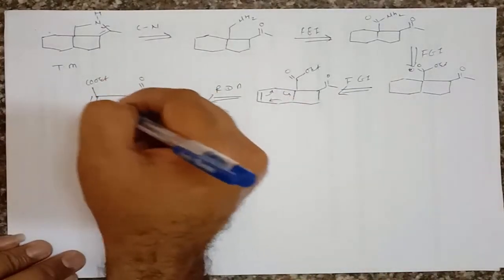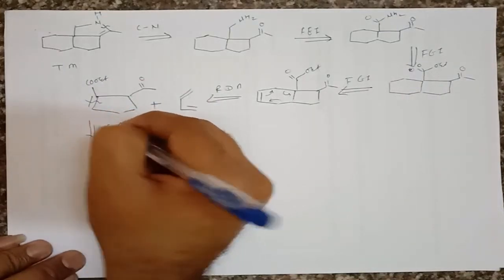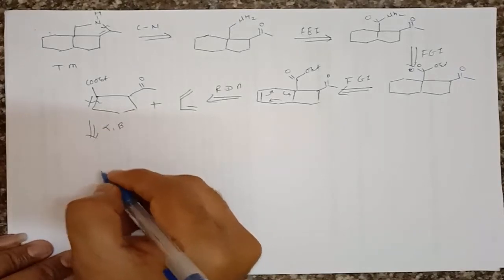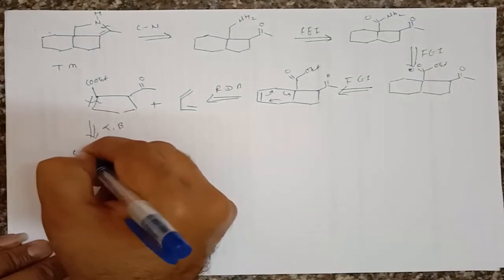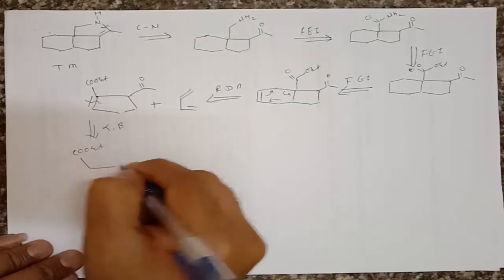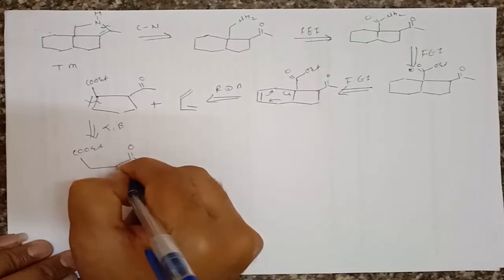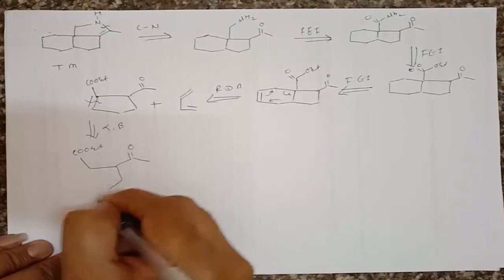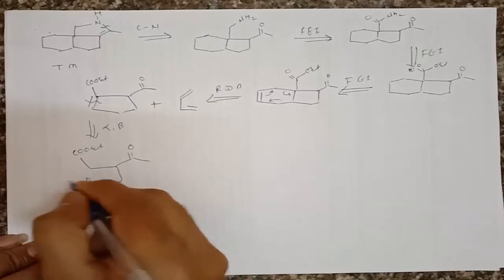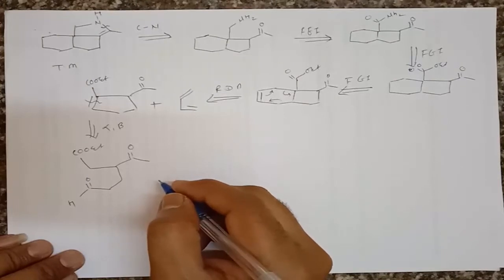Now it is an alpha beta unsaturated system, so therefore we can break this molecule at this position, and from one side we can take an aldehyde. So this is ester, COOEt will be the same, here is CH2, here is C double bond O CH3, and here is CH2, and here is an aldehyde functional group, that is we can say that it is an aldehydic functional group.